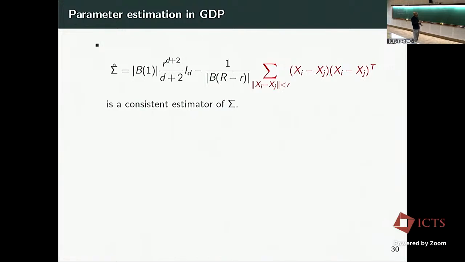But the key part is printed in red here. This is a sum of rank 1 matrices based on pairwise differences, and we only sum over those pairs which are shorter than a particular threshold. What threshold, we are coming to soon, but this is the basic idea. This is somehow the meat of the matter. For the purposes that we are going to use sigma hat, you can throw out these other things most of the time and just focus on this, and this will contain most of the useful information.